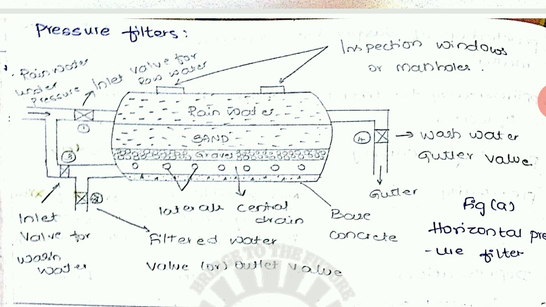And on top of this cylinder, two lids are provided, that is, one is the valve for the raw water and the second is an inspection window or manhole. The inspection window is nothing but the manhole. The manhole is used to see the inside at maintenance time. This manhole lid can be opened and we can see inside at the time of washing this layer. And also we can see the raw water movement from the raw water valve. This is the horizontal pressure filter,